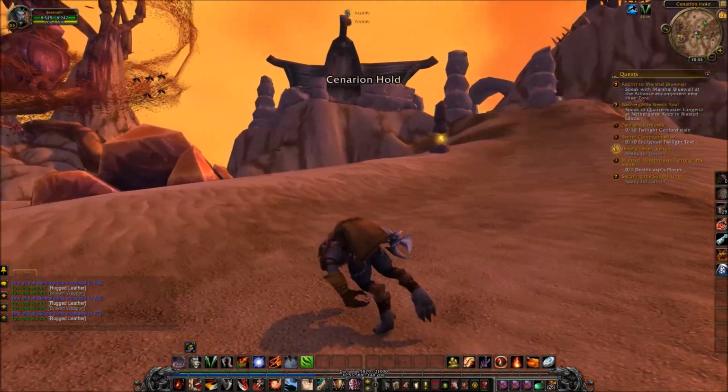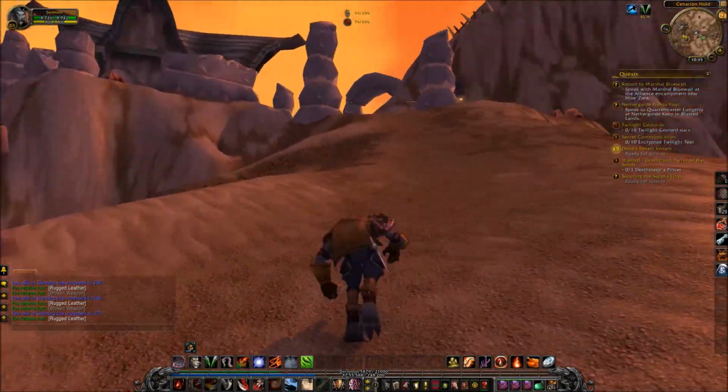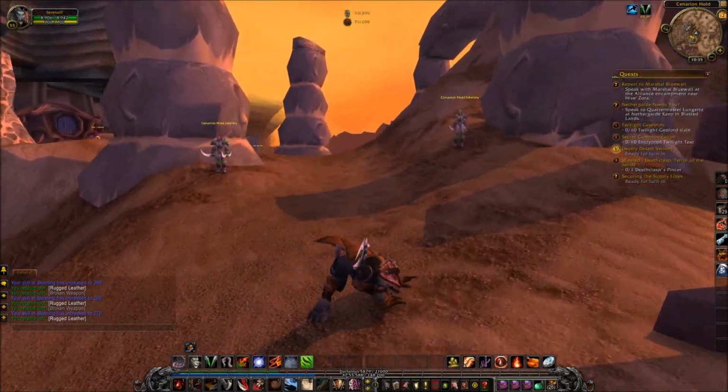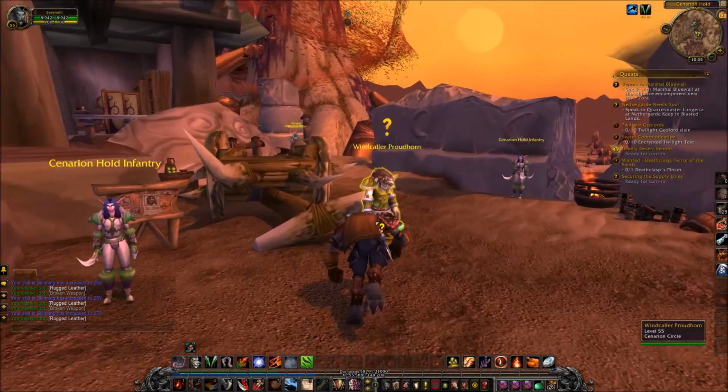In order to open up Anchorage, in fact, you had to do a massive quest line in this area, which also took you to places like Blackwing Lair and Molten Core, and you had to pick up quite a few